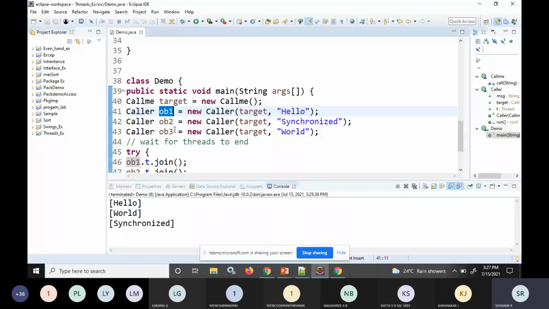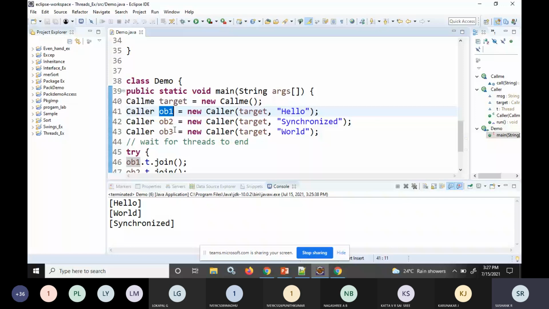So this is the usage of notify and notifyAll: notify means one thread, notifyAll means multiple threads. This is with respect to the wait, notify and notifyAll methods.